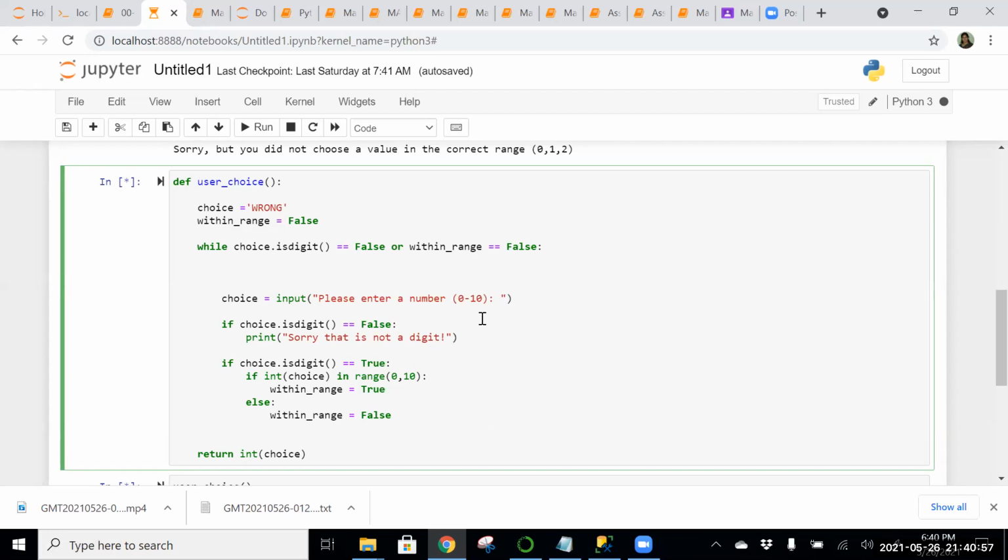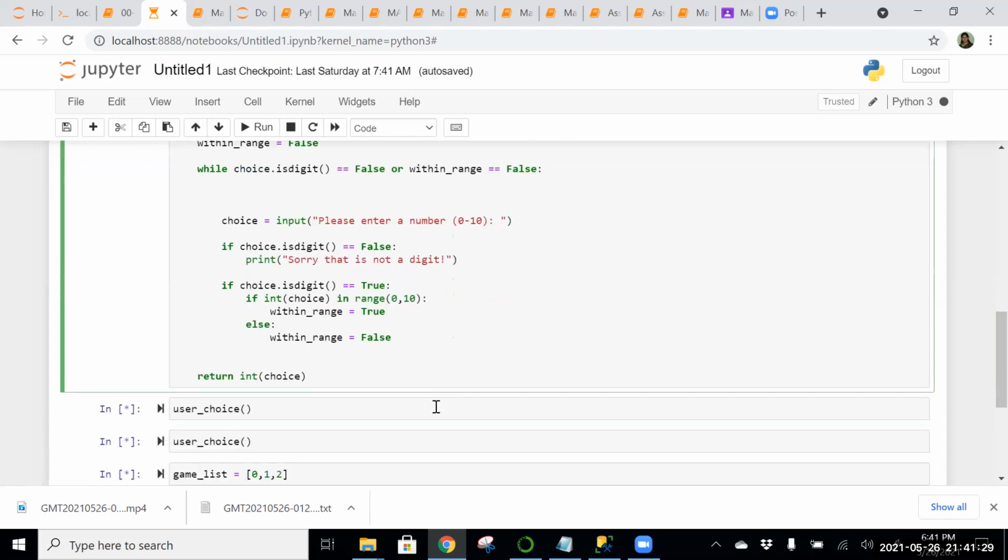We first check whether whatever the person entered is a number or not. If it is a number, we check whether that number lies in the range of 0 to 10. If it does, we return that number. Otherwise it is not going to return that number.